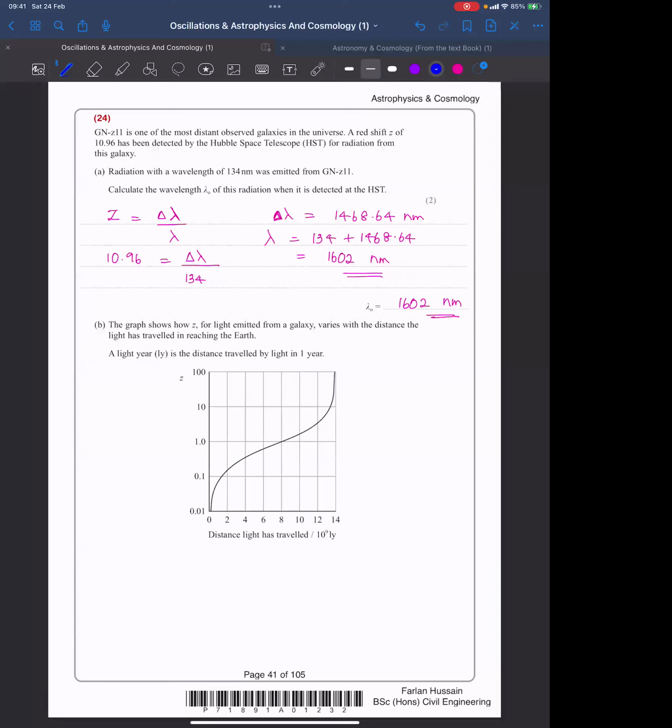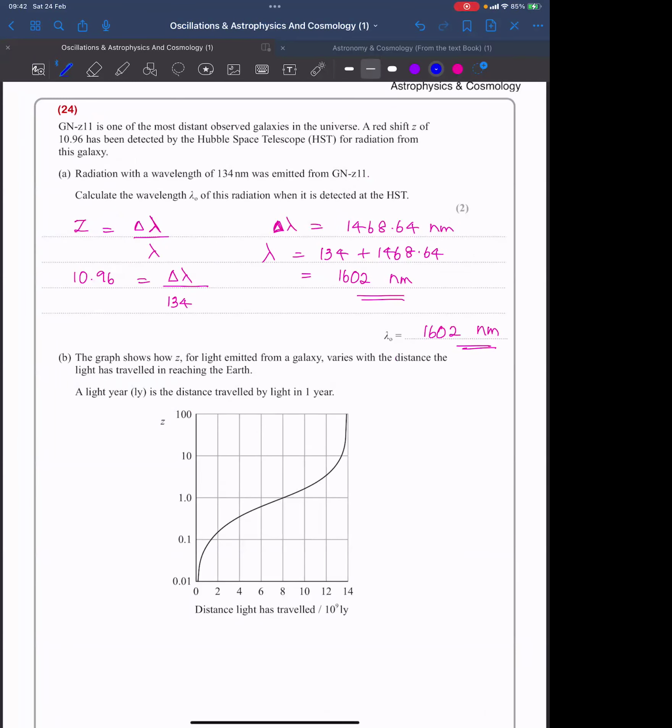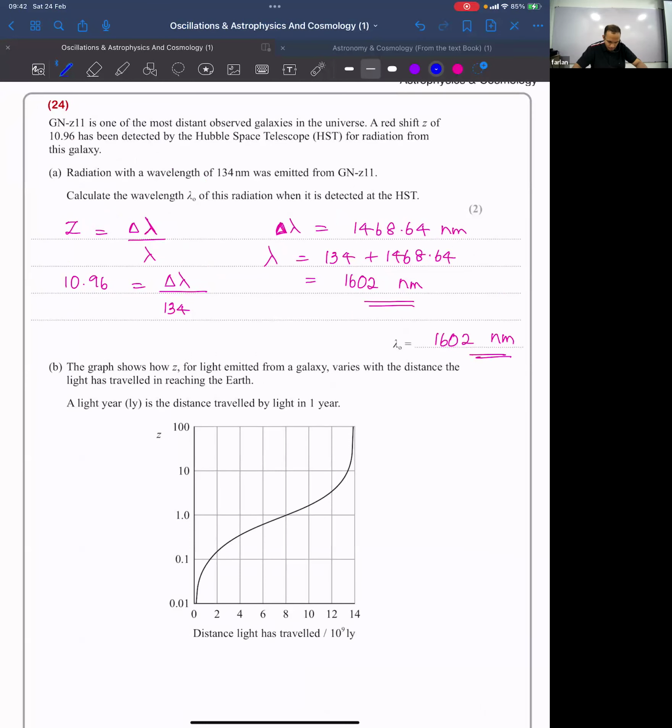Now, it's connected to the previous part. In the previous part, we calculated the lambda naught. How much is the lambda naught? 1006. Read the first part, guys. Redshift Z is known, 10.96. GN-Z11 is one of the most distant observed galaxies in the universe, and a redshift of 10.96 has been detected by the Hubble Space Telescope for radiation from this galaxy. So when Z is 10.96, calculate the distance traveled, which is about